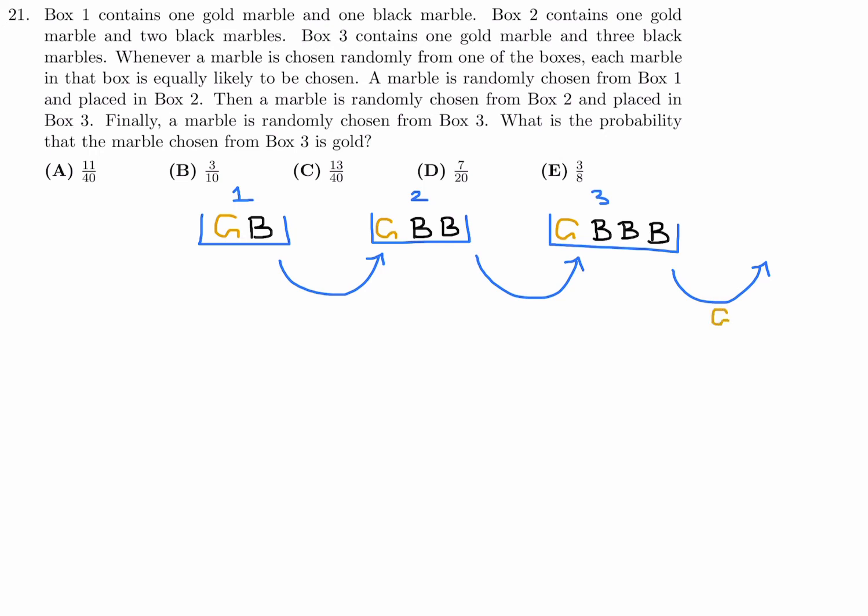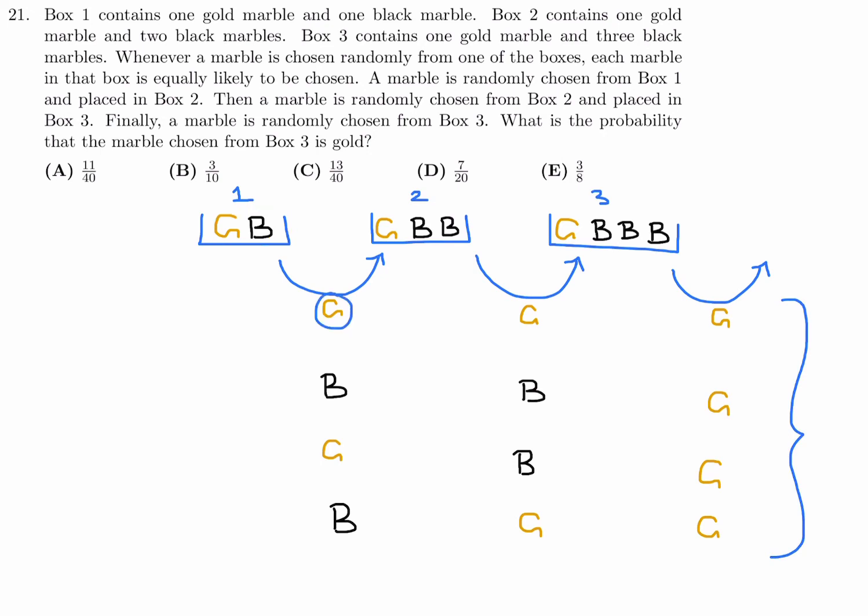So this one that we choose is gold. So the other two can be a combination. It can be either gold, gold, like that, or it can be black, black, and then gold, or it can be gold, black, or black, gold. So for each of these 4 scenarios, we'll figure out a probability, and at the end, we'll add all the probabilities up. Okay, so the first one, if I'm choosing a gold from this, the probability of that happening is